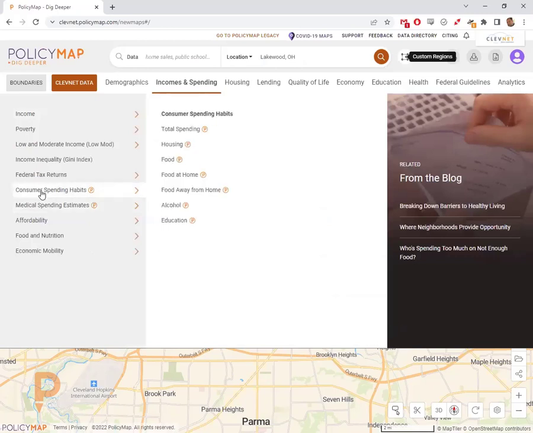There are other ways to look at income, which is the spending side of it. So instead of seeing how much a household makes, you can also see where households spend their dollars. And this is the consumer expenditure report, or spending habits. And so this is a really neat survey from the census that asks how people spend their